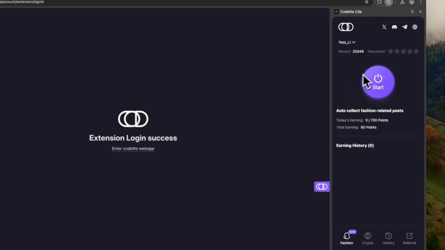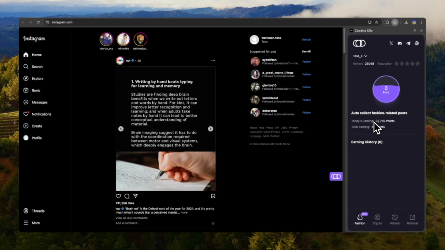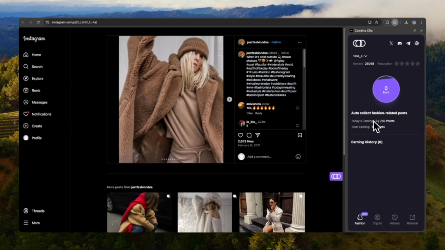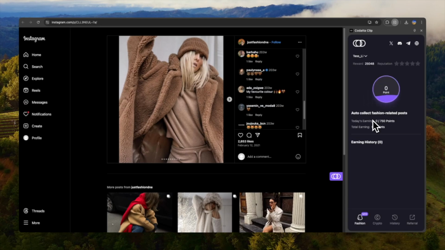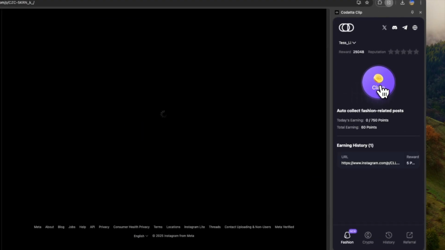After clicking on the big Start button here, it will prompt you to log into Instagram, and then the button will show a loading status, which means our Codatta Clip is collecting fashion data for you to earn rewards. While it is collecting, you can keep Instagram and Codatta Clip open while working on something else on your computer. Once it reaches the points you would like to receive, you may click on the button again,